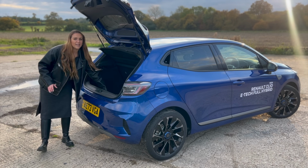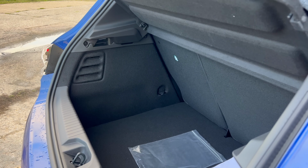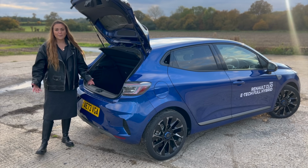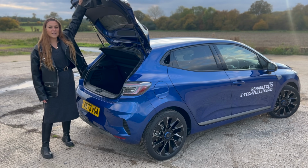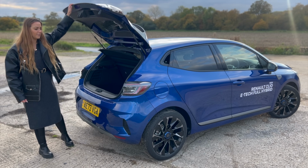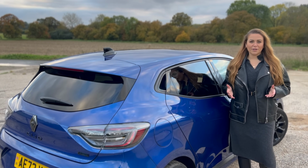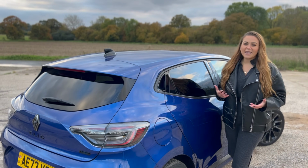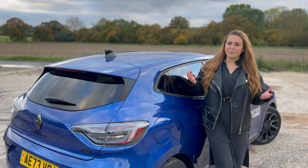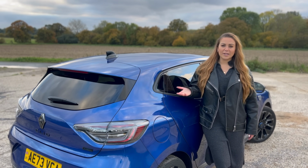There's also quite a significant boot lip as well. It would have been nice to have an adjustable boot like you get in the Volkswagen Polo. But to be honest, when it comes to cars like this, I'm sure no one's expecting huge amounts of interior space. It does feel a bit with this latest generation that they've worked hard on tweaking the exterior to make it feel fresh and modern, but they haven't actually answered any of the previous problems, like for instance that boot